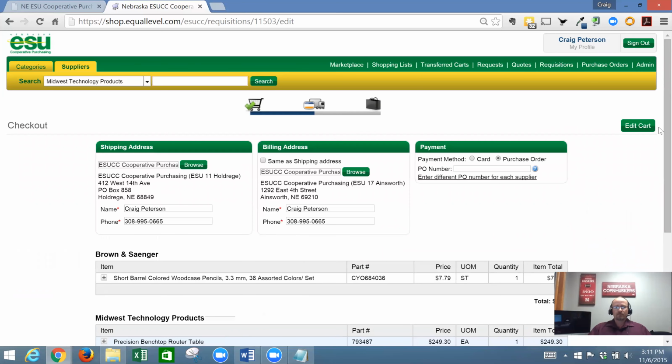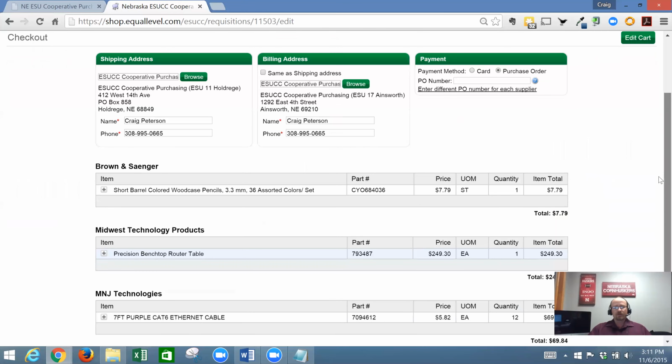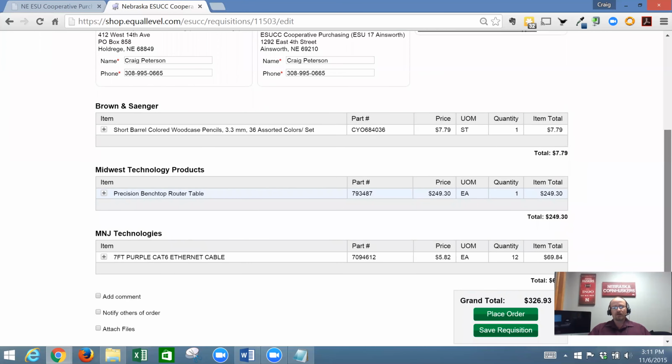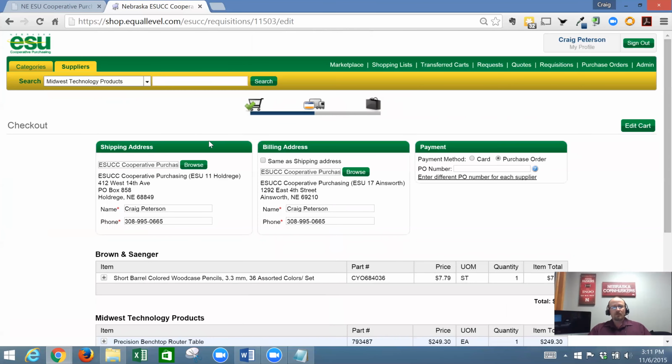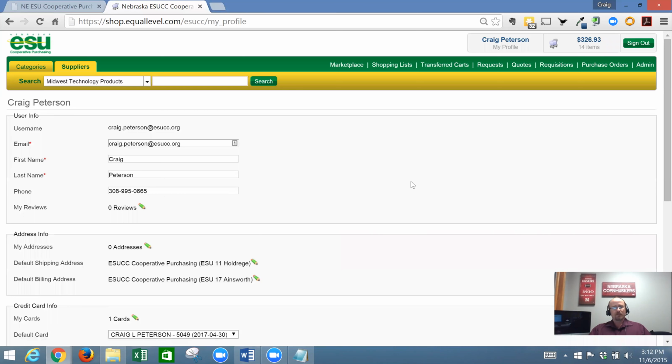When I check out, there are 3 items that I need to finalize before I place my order. Those items are the shipping address. So I'm going to verify that my shipping address has been set. You can do this under My Profile. And so it's going to save your shipping address. And I'll just show you where those are at. If I go to My Profile,